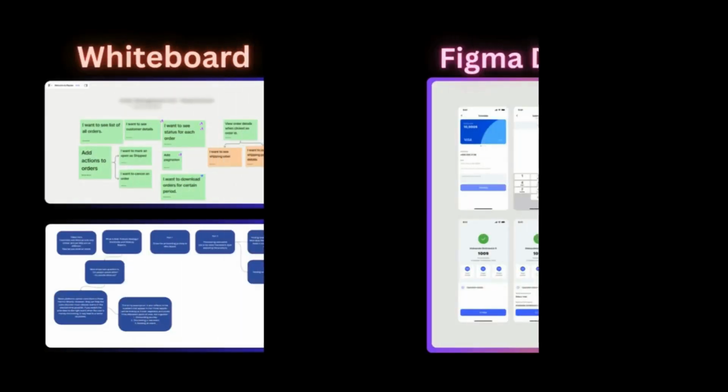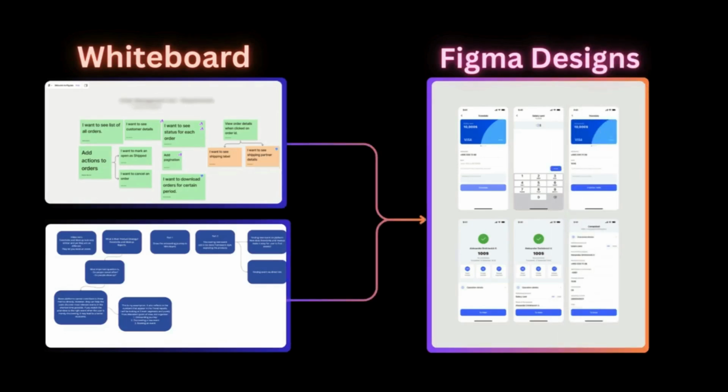As a product manager, one of the things that I do is whiteboarding. Basically, I convert whatever discussions we have had into a nice flowchart, and from there I go to a designer and get the designs out. All these things are done in order to get the approval from the stakeholders and make sure that we have the features ready to be developed. This entire process does take a lot of time, and most of the time is spent in getting the final designs out in order to ship this feature. You might be in a role similar to mine, where you have to constantly communicate your ideas and get validations on those ideas. So AI tools are perfect for doing these kinds of tasks.